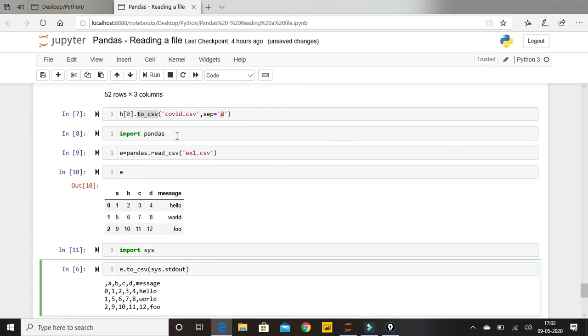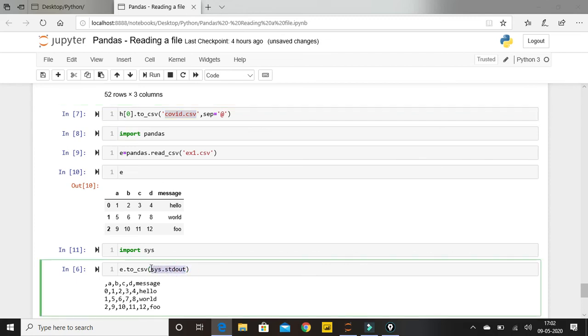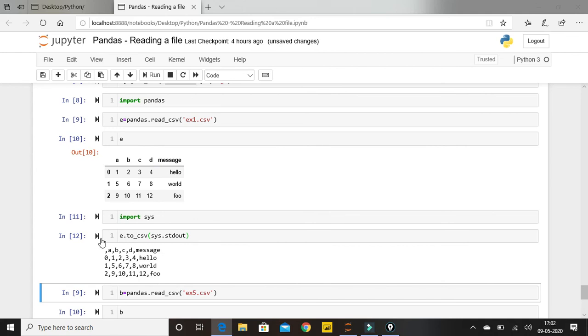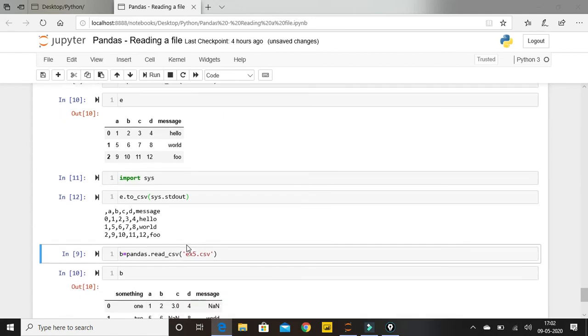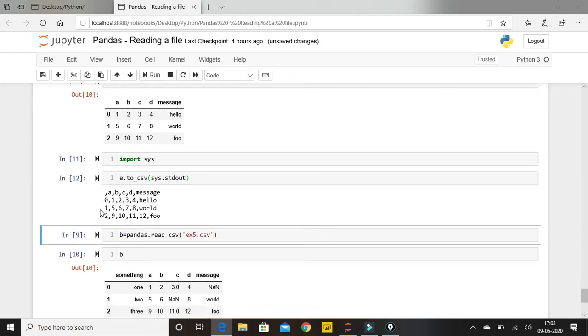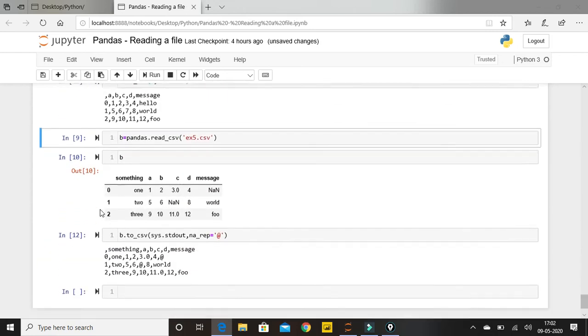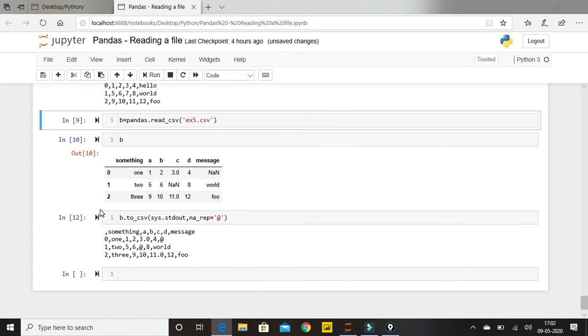And then what we have given over here is a CSV file name where we want to store. Over here we'll be giving sys.stdout, so it will give me output in my Jupyter notebook. Whenever I execute this, you will be able to find that this tabular data, or the data frame, has been converted into a CSV file, comma separated. Yeah, so this is how we are going to execute this if you want to read it out in our console itself. And if we need to save, then we have to give the path, and the same goes for all. Okay, so one more example.